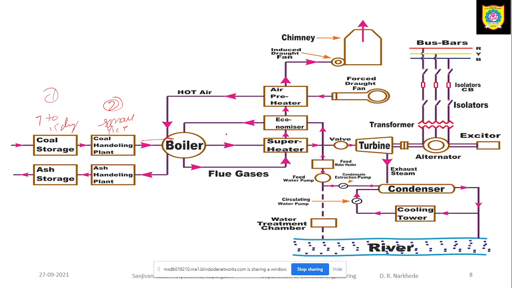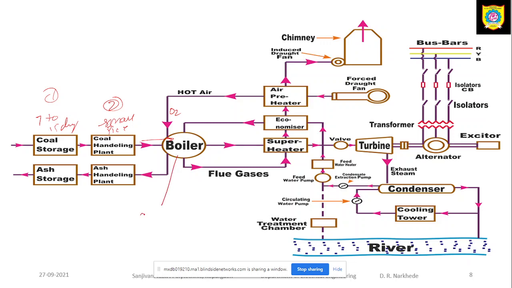So instead of that, what I am going to use is this: we know that there is a lot of oxygen in the air. So we are going to put some air over here. This air consists of oxygen, which is essential for the burning purpose. So along with coal, inside the boiler, what is there?